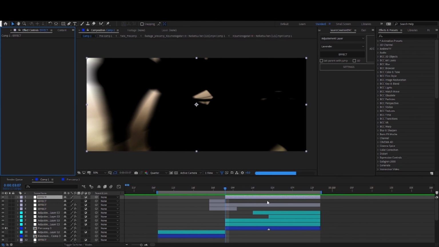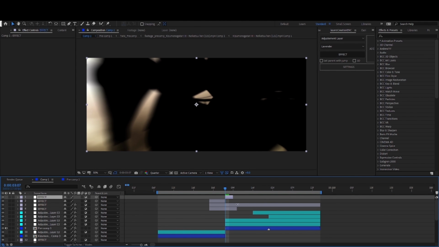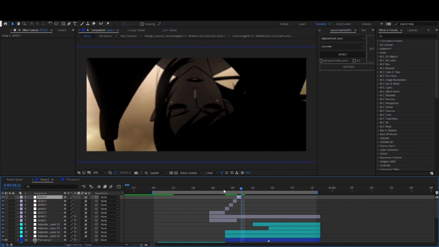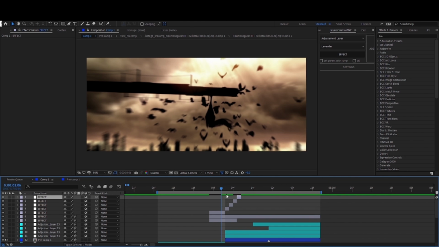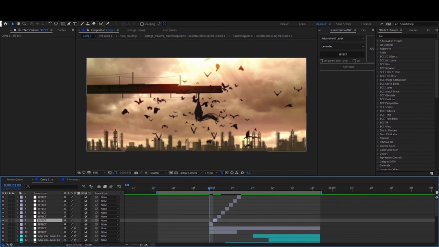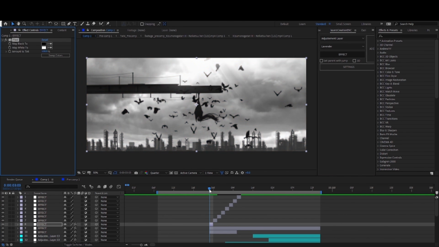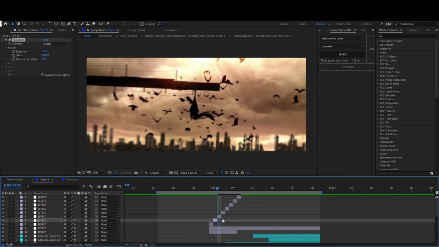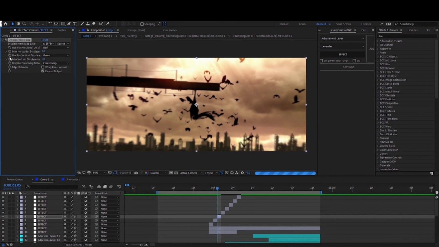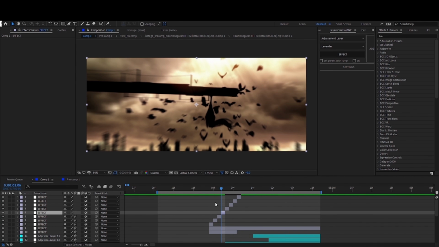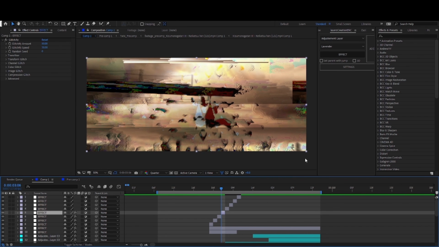Then I'm going to be adding some 1-framers in between my 2 clips. So I'll be adding 4 at the start of my clip and then 4 as well at the end of my first clip. So the first one I'll be adding is tint, then exposure, and displacement map, and then finally glitchify. Then I'll set the blending mode to hue